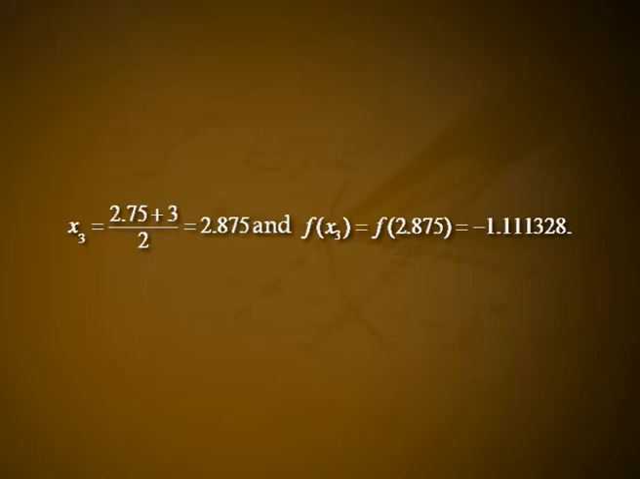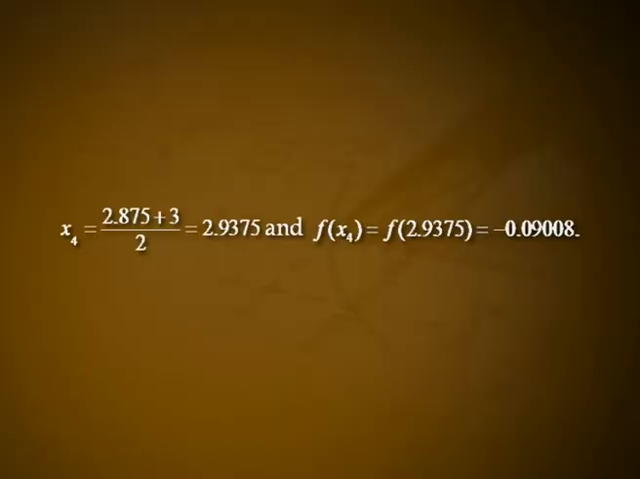Step 4. Since f(2.5) times f(2.75) is greater than 0, a root lies between 2.75 and 3. Then x3 equals (2.75 + 3)/2, that is 2.875, and f(x3) equals f(2.875), that is minus 1.111328. Step 5. Since f(2.75) times f(2.875) is greater than 0, a root lies between 2.875 and